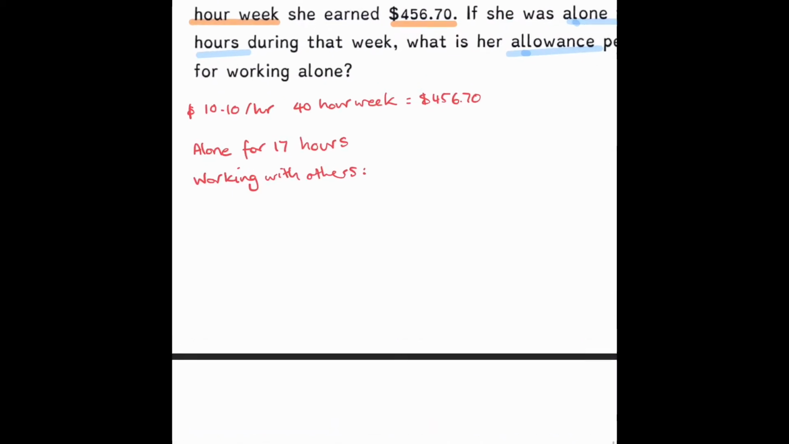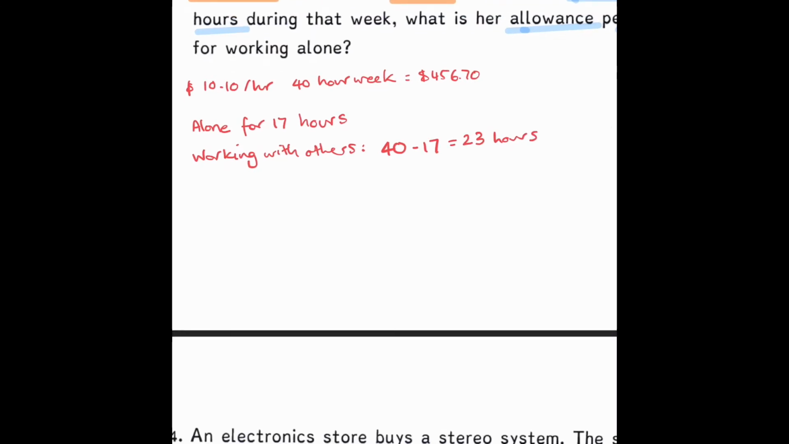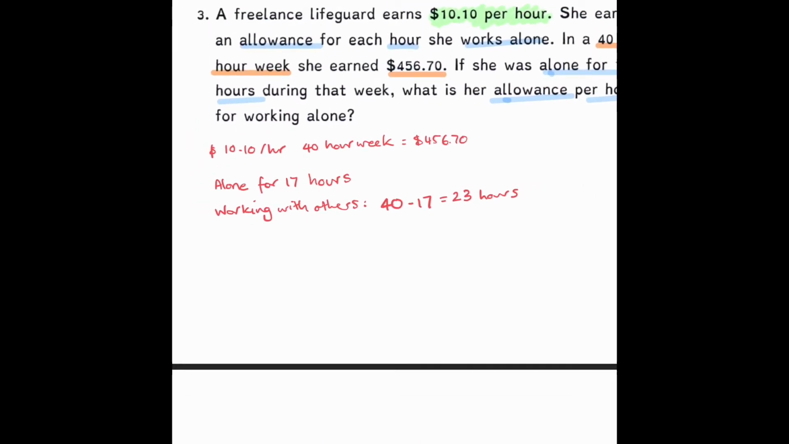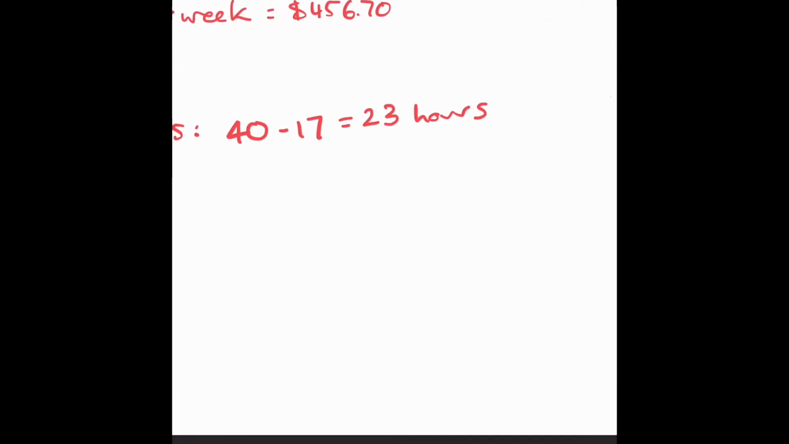That should be really easy to do because she was working a 40-hour week. And if we take away those 17 hours that were on her own, you can type this into your calculator, she must have 23 hours with others. Okay, now the reason we want to find that is we know what her normal pay is. Her normal pay when she works with other people is this $10.10 per hour, just up there in green as well. So we know that if she's worked 23 hours with other people, she gets paid $10.10 per hour, and she'll end up with